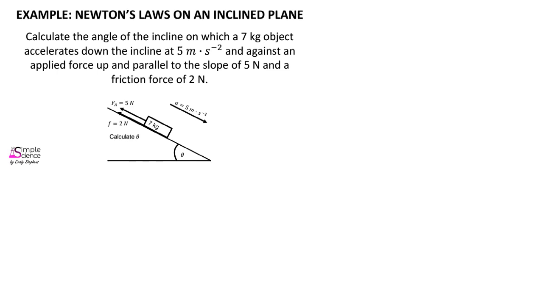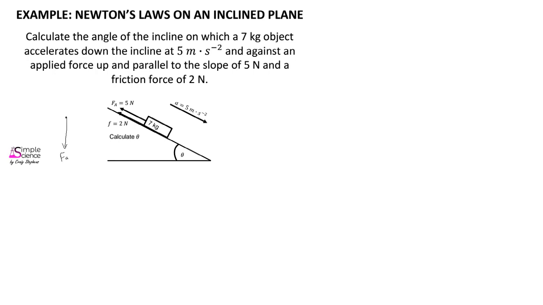Another example of Newton's laws being applied to solve a problem on an inclined plane reads as follows. Calculate the angle of the incline on which a 7-kilogram object accelerates down the incline at 5 meters per second squared, against an applied force up and parallel to the slope of 5 newtons and a frictional force of 2 newtons. And so we always start a question like this by drawing a free body diagram for ourselves, where we